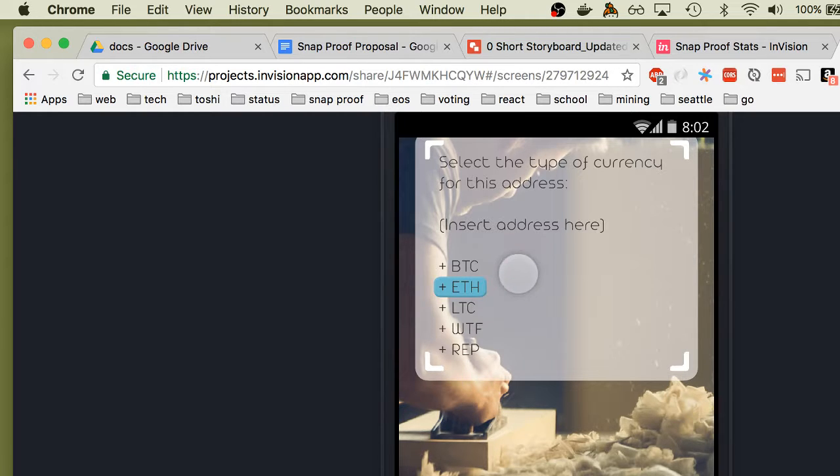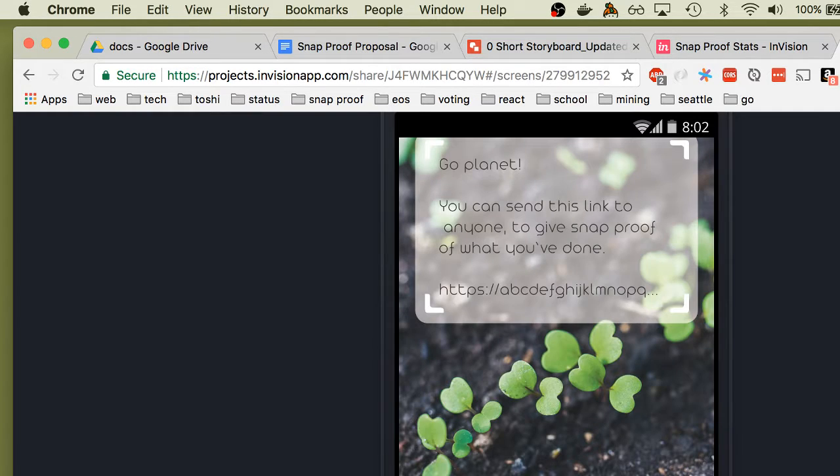Well, we'll have to do some usability work, but the point here is that any single address type of coin could be used here. So it's a really cool way of connecting all of them: Bitcoin, Ethereum, Litecoin, whatever, Augur's reputation token. Cool, so you could select one of those. Okay, once you do that, you can share out the link